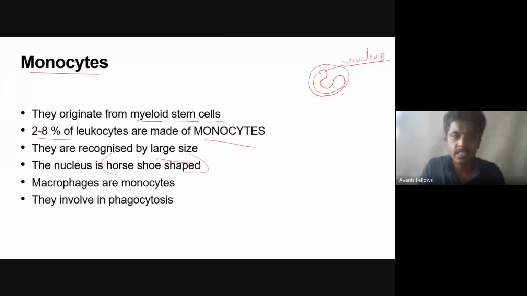Now, another name of monocyte is macrophages. Macrophages look something like this. This is your blood vessel. These macrophages go out of the blood vessels and act like police. They go near the cells, and they check if they are infected, or if there is any